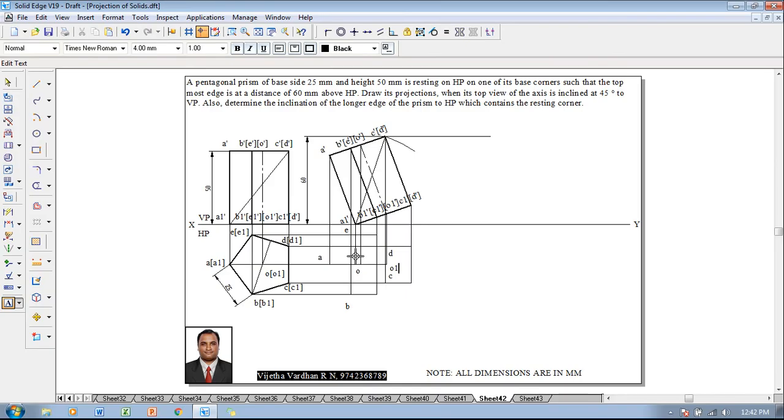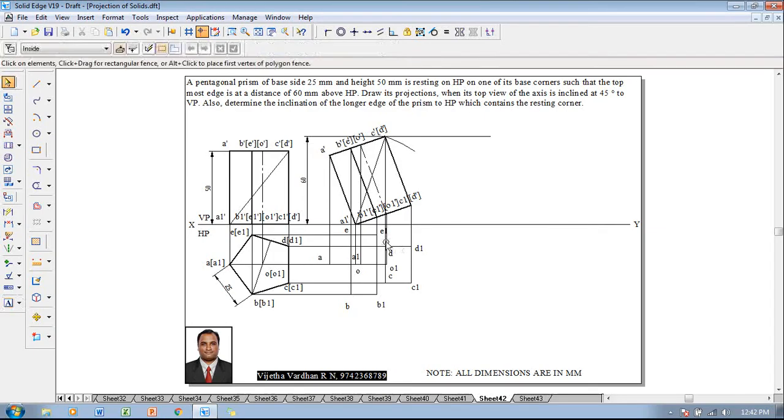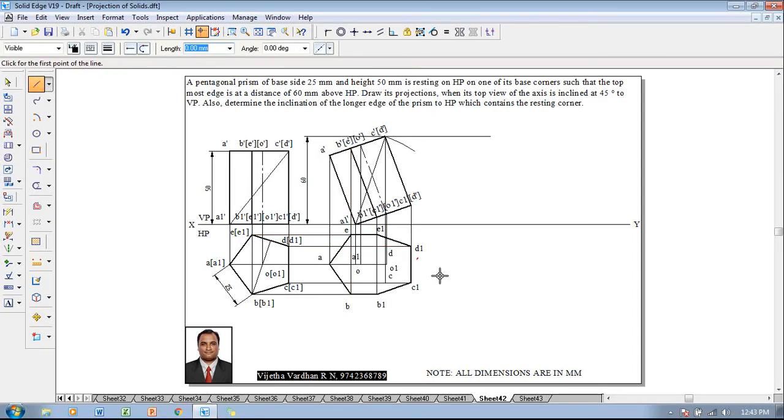Now this is going to be the O1, and then we will start the A1. So A1 is here, so we are going to mark that A1, then we have B1, then C1, then D1, then E1, and then O1 is already marked. Now after marking these, using a line command with a thickness of 0.5, complete the boundary as per our visibility rules. So A to B, B to B1, B1 to C1, C1 to D1, D1 to E1, E1 to E, and then back to A. This is going to form the boundary.